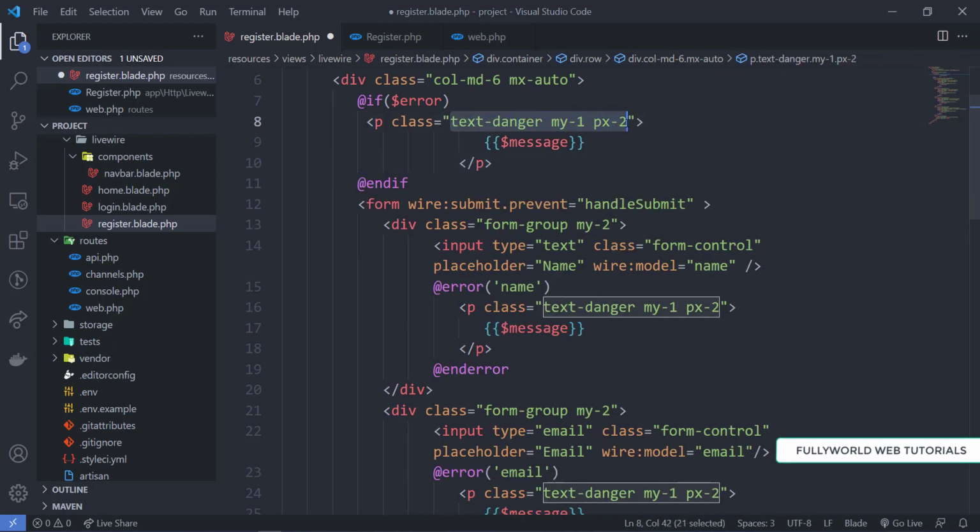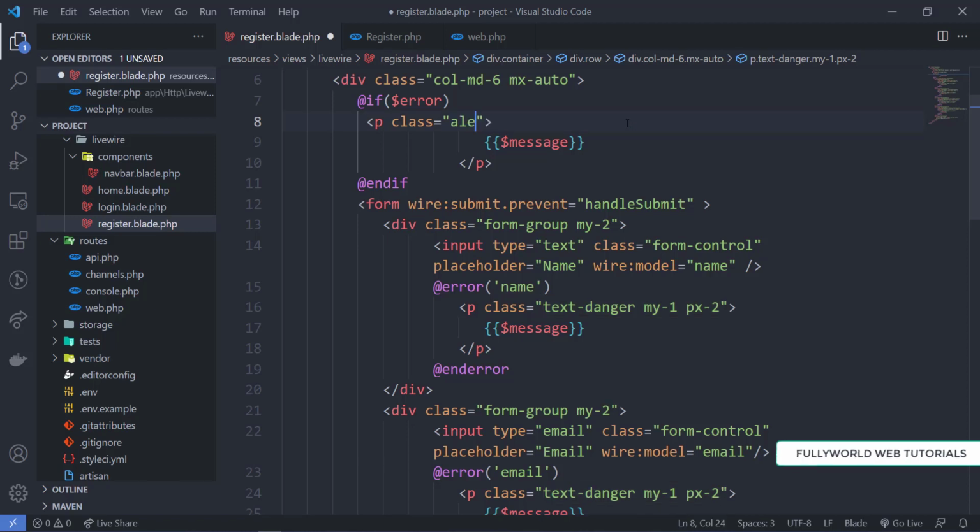Here we are going to write alert-danger, and it will be called col-md-12 for full width, and we are going to write my-2 for margin on the y axis here, and here we are going to write $error. Save it.